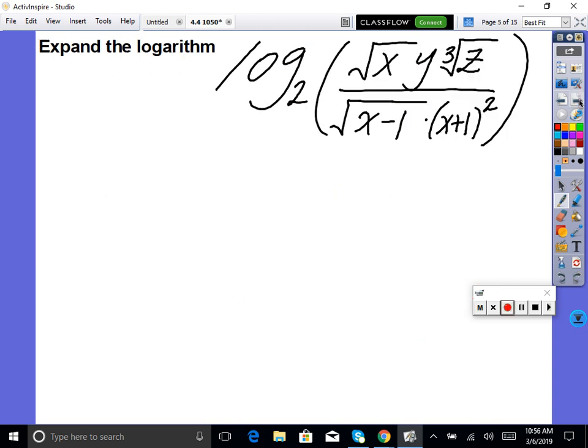Okay, so what I want you to do is try this one by yourself. Expand the logarithm. Now you only have 3 rules. When you multiply, you add. When you divide, you subtract. Fix your powers. Did we say anything about you can split apart addition and subtraction signs? No. Okay, so